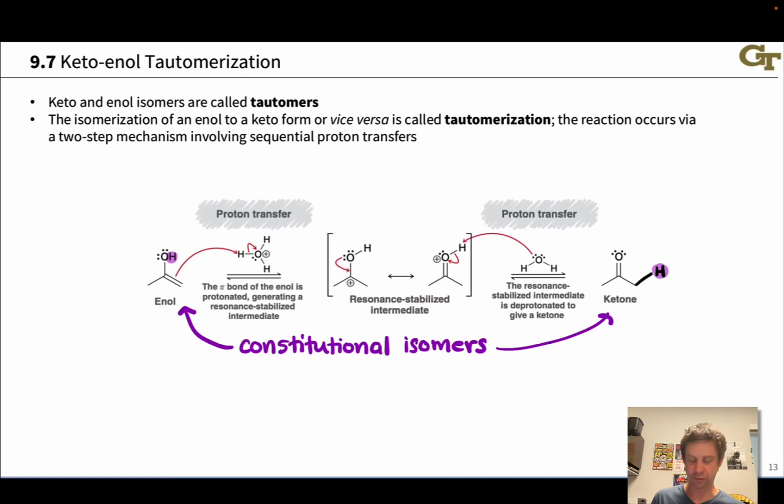And this favors the ketone side for reasons that we won't get into in too much detail. All I'll point to is the greater stability of a carbon-oxygen double bond relative to the carbon-carbon double bond. So typically, the ketone product is going to be favored here. Tautomers are constitutional isomers, so we should expect a difference in stability here. And for the purposes of Organic Chemistry 1, you're always going to draw the ketone product in these hydrations of